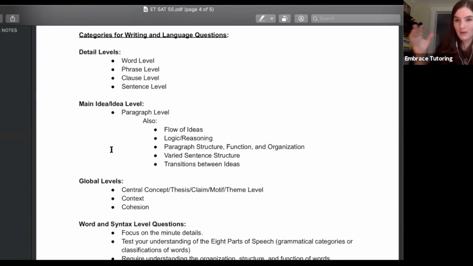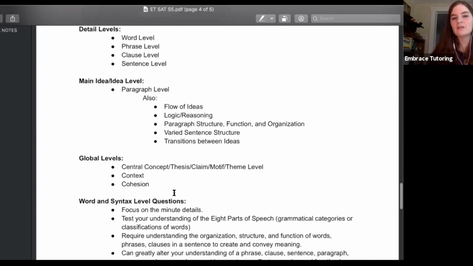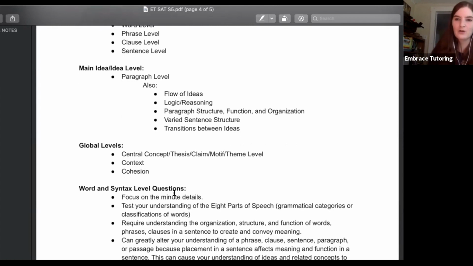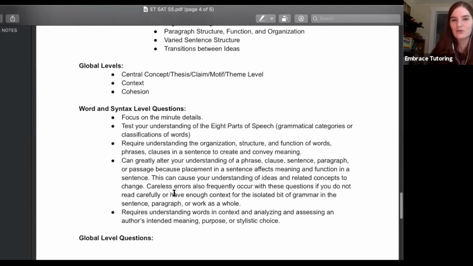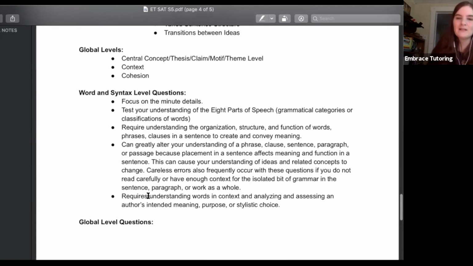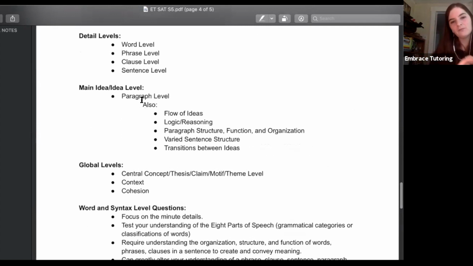And then main idea level is dealing with sentences within a paragraph, so a grouping of sentences, dealing with the flow of ideas, logic, reasoning, paragraph structure, function, organization, varied sentence structure, transitions between ideas, and also thinking about sections of a text, which would be a transition between the paragraph level and a more global level, where you're dealing with central concepts, thesis, claims, motifs,